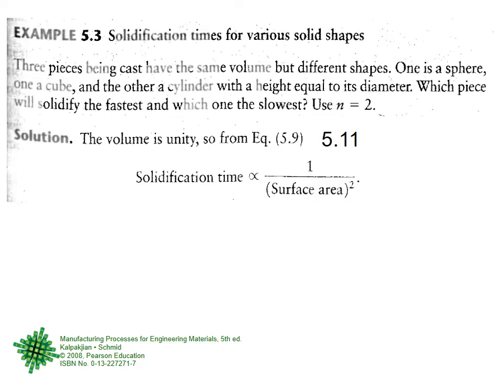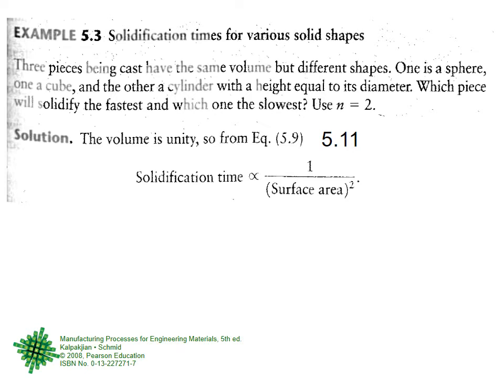So now, because the volume is the same, we can take the volume to be 1. So solidification time is proportional to volume upon surface area whole square. But because volume is the same, we can take volume to be 1. So just this, that the solidification time is proportional to 1 upon the square of the surface area, right? So we have removed the volume calculation from here. We could do volume upon surface area square for a sphere, cube and cylinder, but we can remove that, we can just find the surface area.